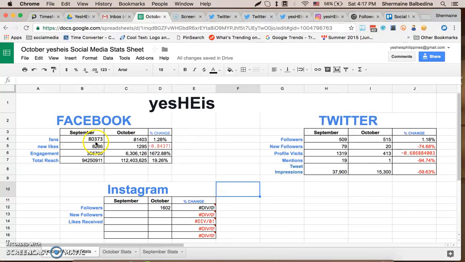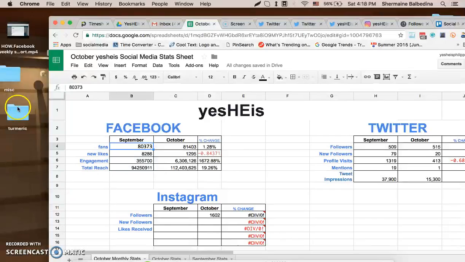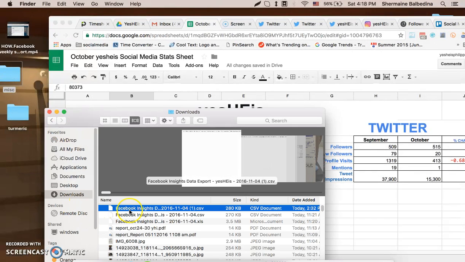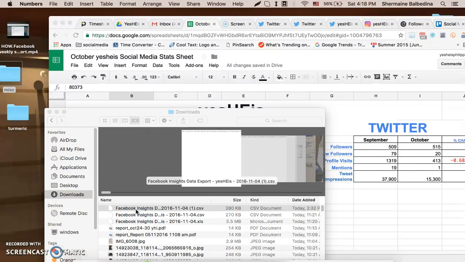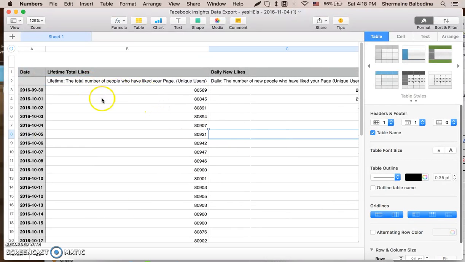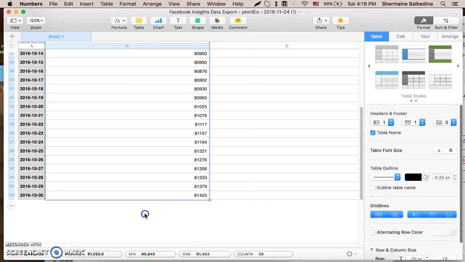So September, total funds is 80,373. So we got that from the September results. Here, okay, let's try first October since I pull out October.